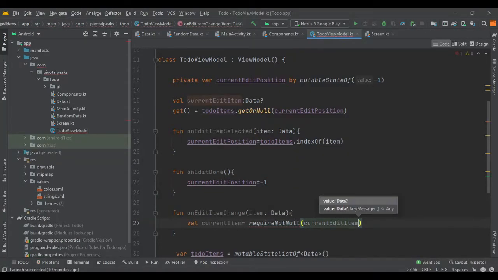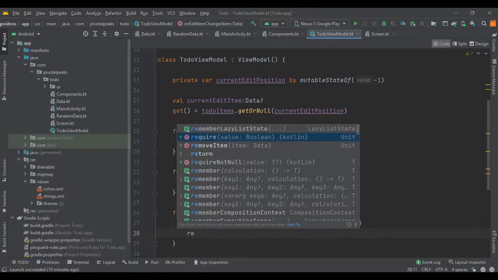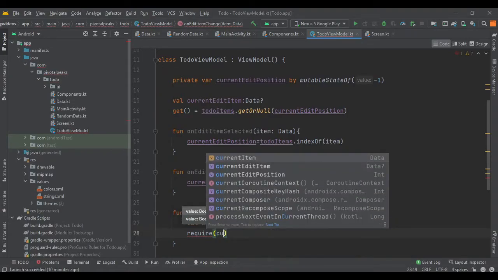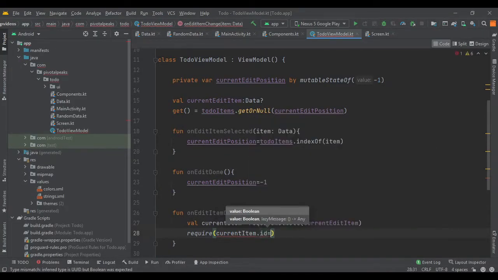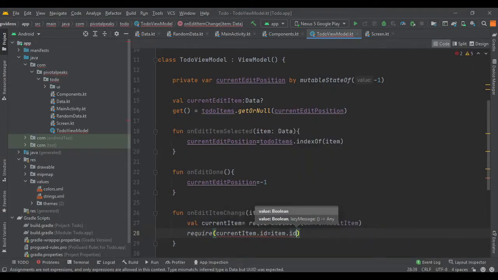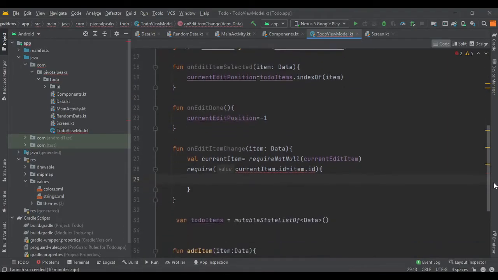Then we need to call a require function, and in this we just check the current item ID to the item ID. So let's check the IDs equal to item dot ID, and let's pass an empty function, and it's giving me some error.